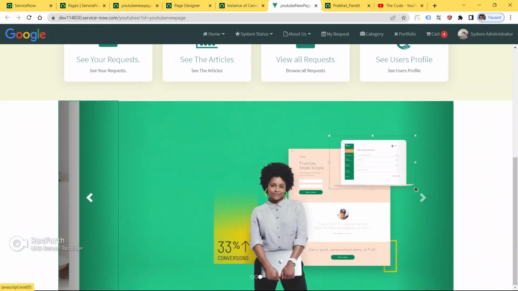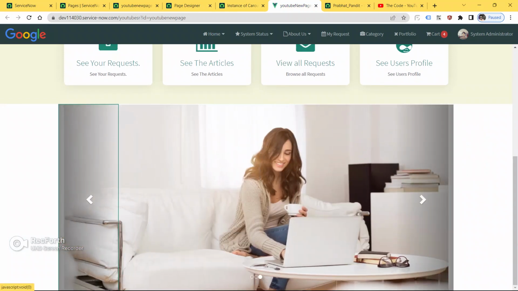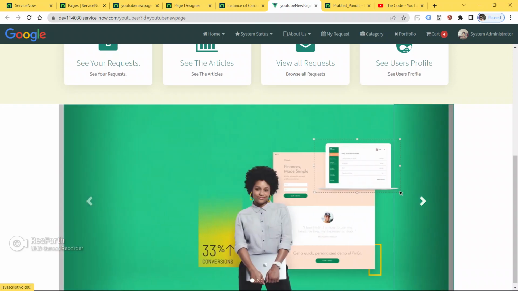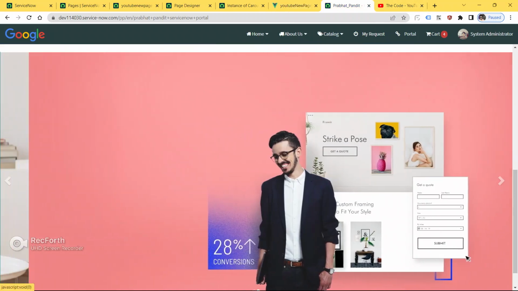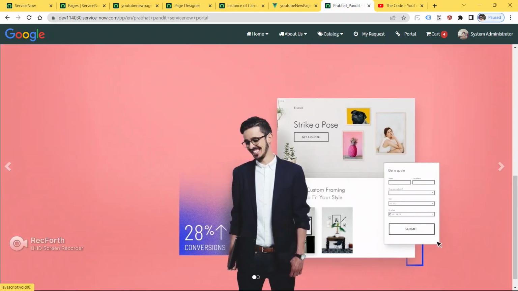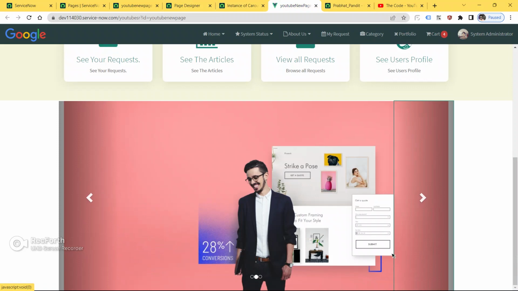As of now you can see this is the out of the box widget and this is the out of the box slider, or carousel. But now we are going to learn how to make our own custom widget and our own carousel, so that we can do any kind of modifications, edits and changes in the custom widget. And we will also learn how to make this full width awesome looking slider.